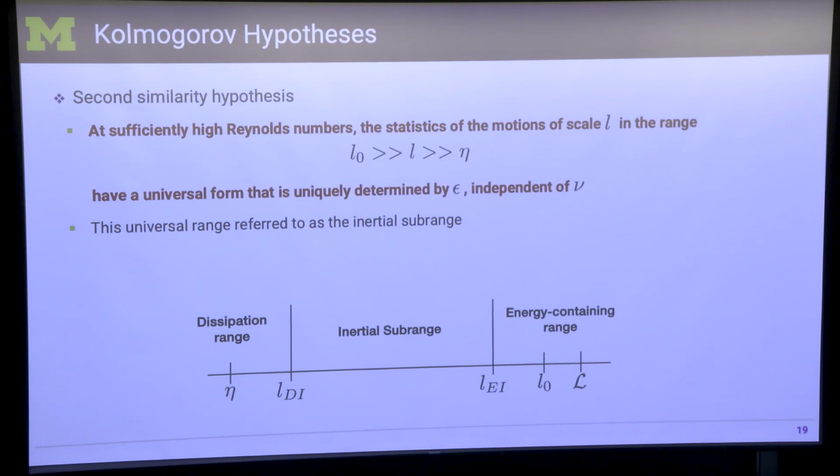So you can write it this way. Again, this is confusing. We went from 1 over length scale to length scale. So eta here is small, so it's on the left side. The axis is increasing, and you get a L0, which is the peak of that energy spectrum that we saw. Yeah? And you have this calligraphic L. This is essentially the size of your domain.